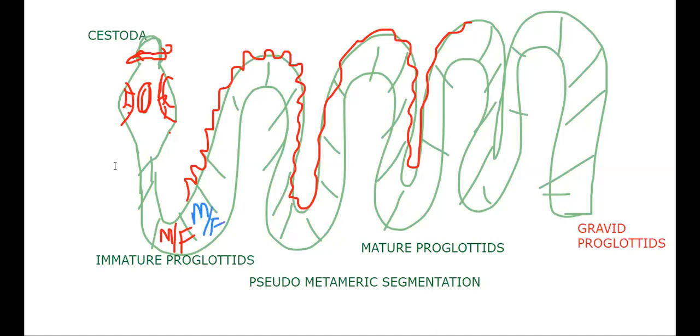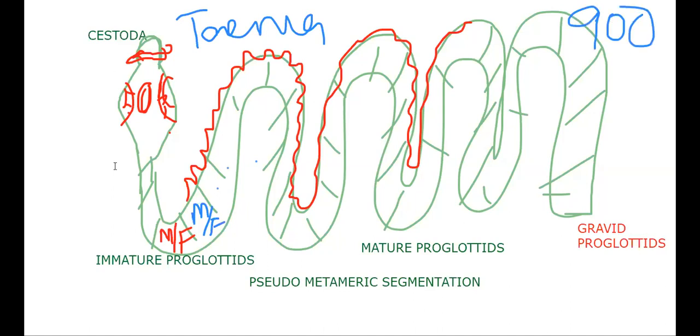That means I am talking about the tapeworm, Taenia solium. In Taenia solium, segments or proglottids are present, nearly 900 of them. Just expect that every segment has a male and female reproductive system. That means 900 male and female reproductive systems are present in a single animal. Based on that only, we classify it like this.